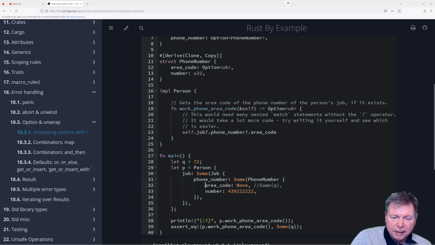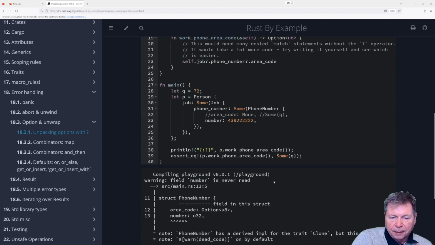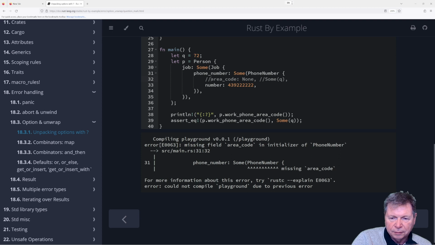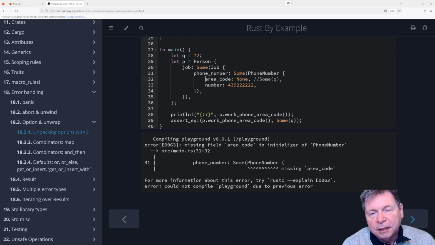Okay, so the absence of something doesn't make it a None. That's kind of interesting. You have to, yeah, Some phone number missing area code. And this is an error. Missing field area code. Yes. Okay, so that's cool. That means we have to be explicitly defining all of our stuff.